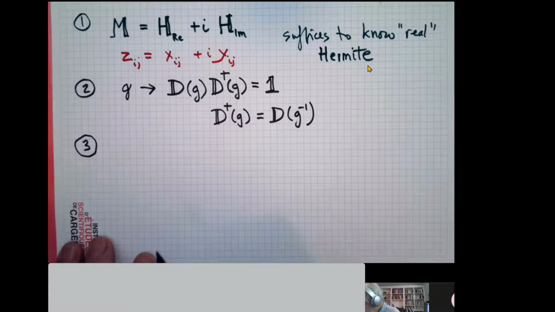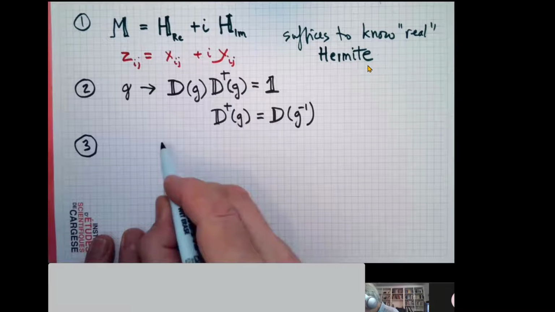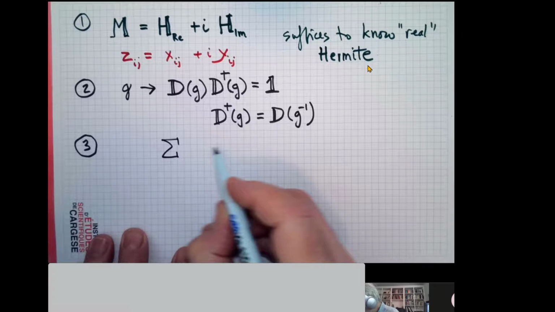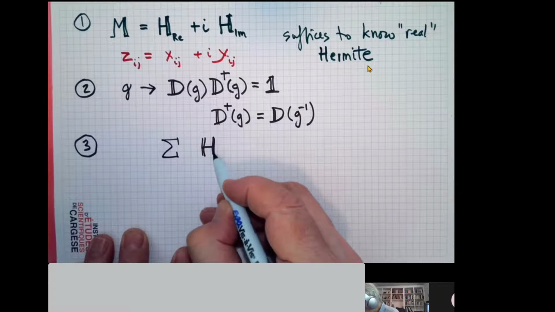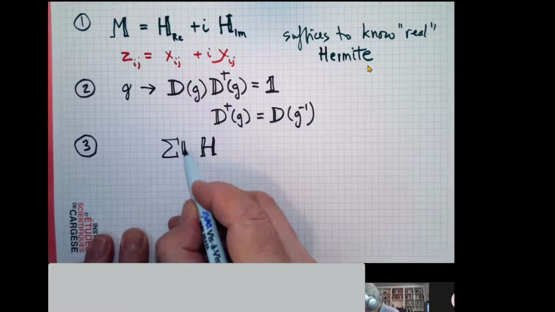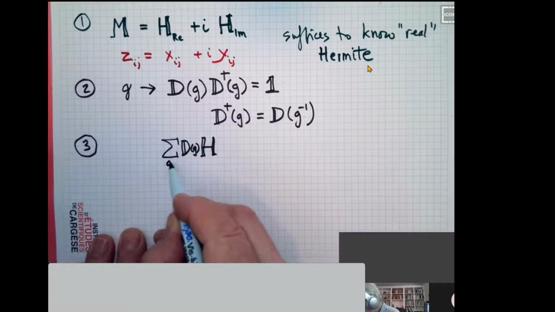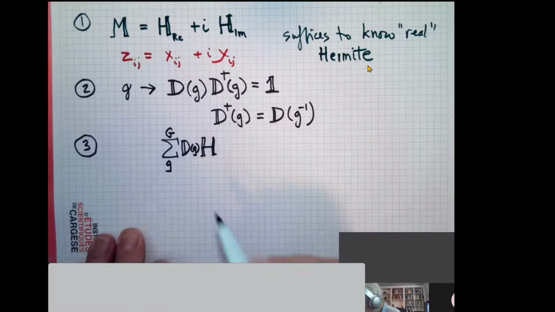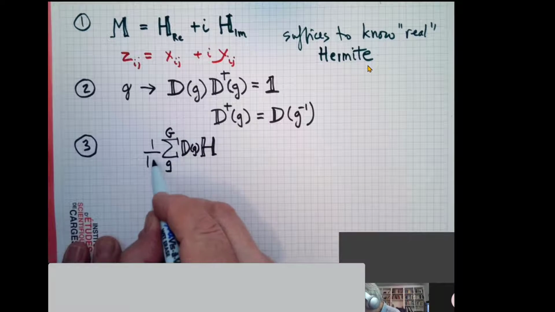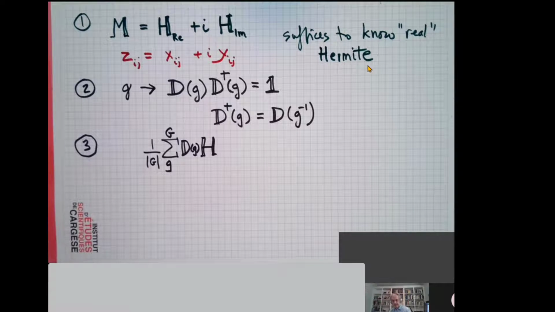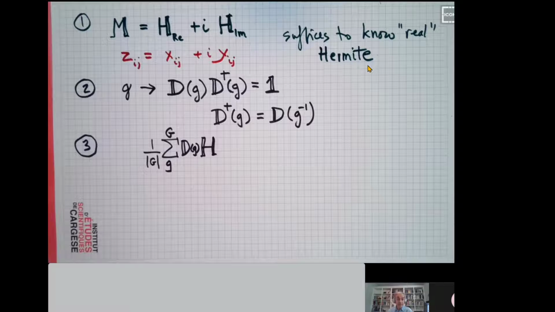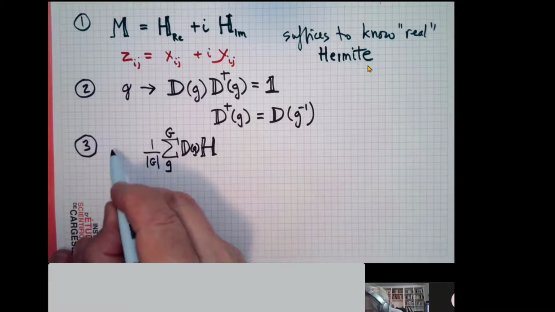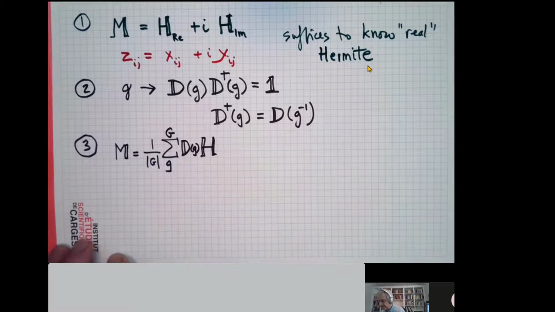It's called averaging. So if you have some matrix of finite dimension, and I bang it by the representation and I sum over all elements of a group, and I divide by the number of elements of the group. What that operation means is I take my object and I rotate it all possible ways, and then I find the mean weight of my pizza piece by averaging over it. So this is a group average. And this gives me a matrix, let's call it M suggestively. And this matrix is invariant